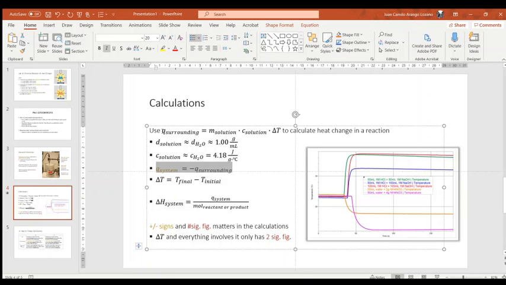Coming back to this equation here, the heat of the surroundings is going to be equal to the mass of your solution in grams times your delta T, which is the change in temperature. Remember that you were measuring the temperature before you started the reaction and after you finished the reaction. So you need those two temperatures to make your delta T, which is equal to the final temperature minus the initial temperature, and that's going to be times C, which in this case is the specific heat capacity. Speaking of,